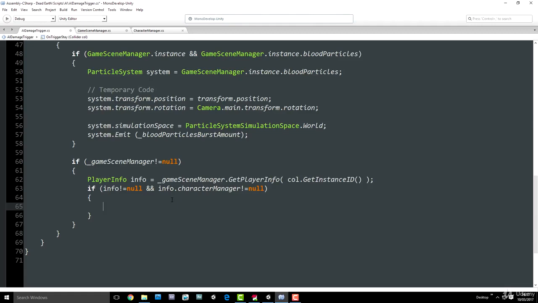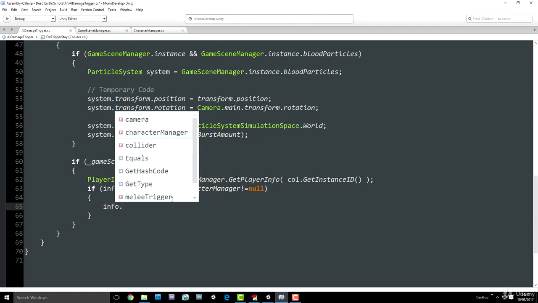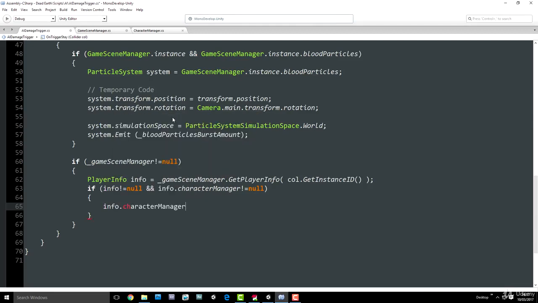We'll do that in a moment, but for now we'll just put in the code that calls it here. So we will say info.character manager take damage, and the take damage will actually just take in the amount of damage, I think. That should be done. So I don't even know what that should be, because obviously this could be called several times. It's all been done in the physics update, so let's just put 1 in there for now,